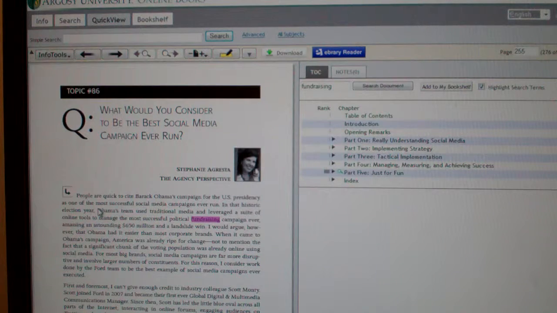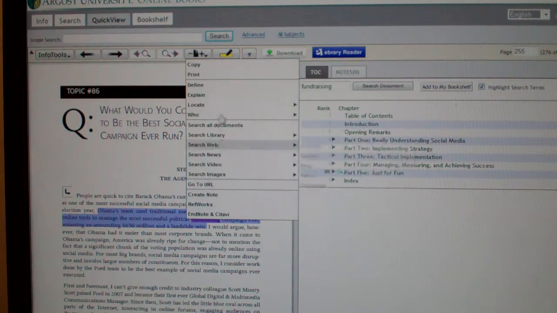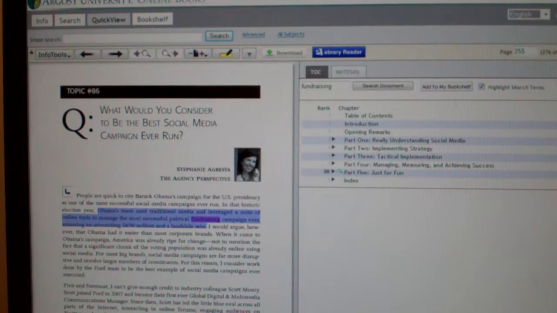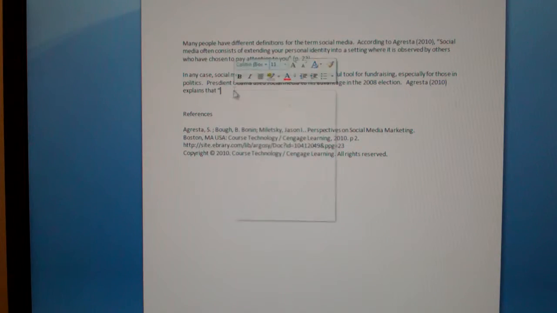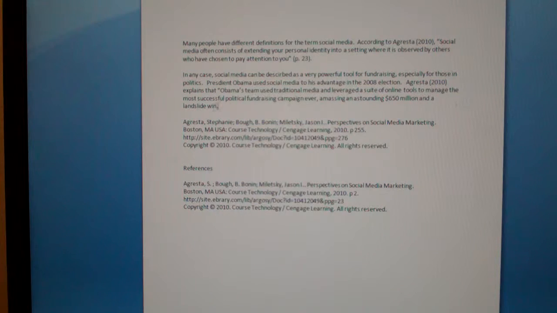So let me grab this here. Let's see, I think that's all I want. I'm going to start from the word Obama, Obama's team. And if I do that same thing where I copy, and if I can get it to work, there we go, copy, and paste, now I have another in-text citation where